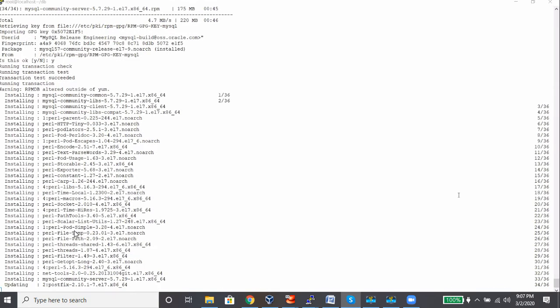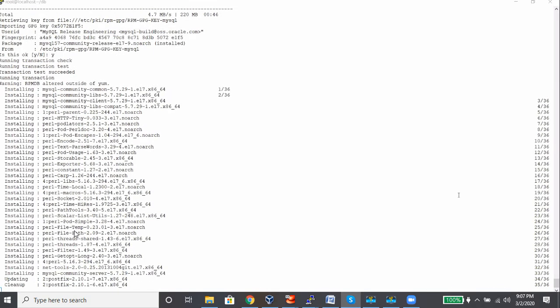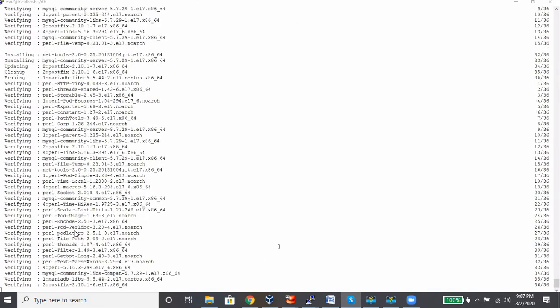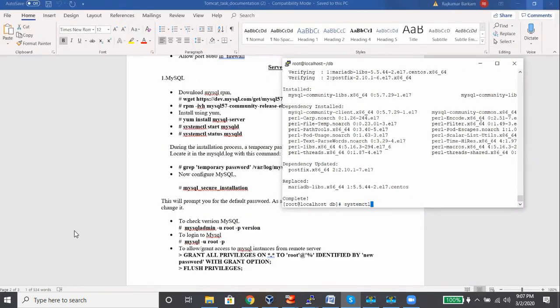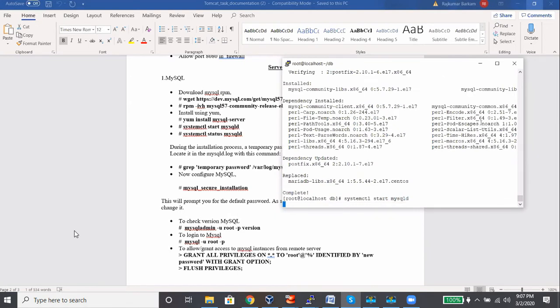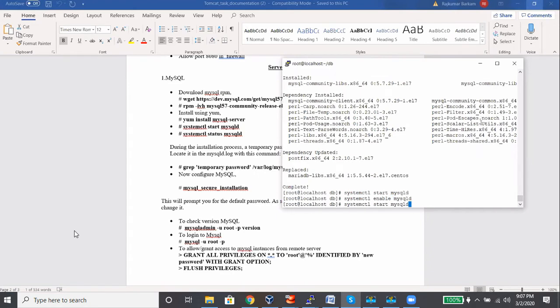It's getting installed. Okay. So now we need to start the service mysqld. And let me enable this and check the status.